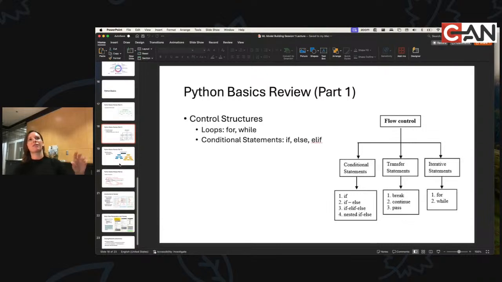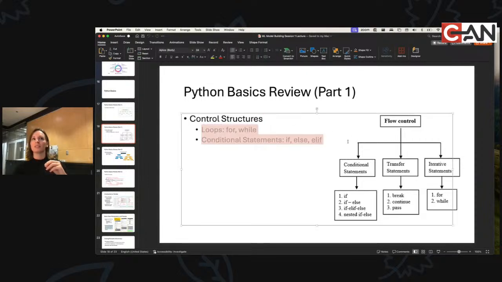The other thing that's useful that you will use is something called control structures. So this determines where the code goes, what it executes at what point in time. And so there are probably 2 things I want you to be familiar with: loops and conditional statements.